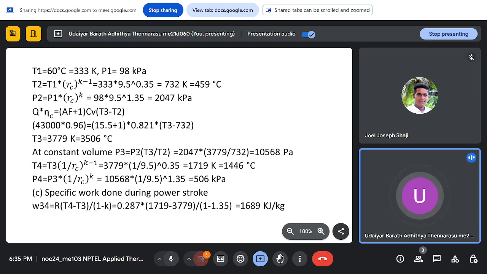So P3 equals P2 into T3 by T2, which is 2047 kilopascal, the pressure at state 2, into 3779. Here we have to use Kelvin, even though the question asks temperature in degrees Celsius, so be careful when substituting. So 3779 divided by 732 gives me